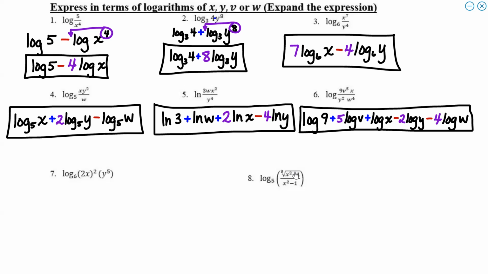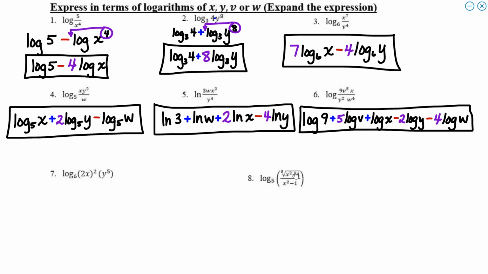I'm gonna kind of write this off to the side, because I want to look at two different ways of approaching this. If I do 2x times another 2x, or 2 squared x squared, right? Because that's 4x squared. I have a reason for writing it this way, so just hang with me for a minute. All right, so assuming that I took this original problem just the way it was, and I apply the product property,